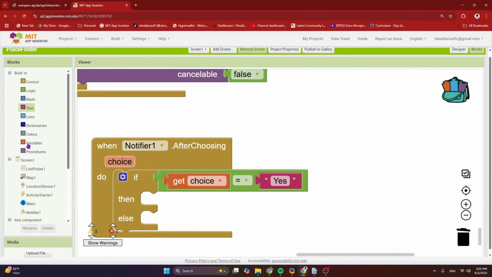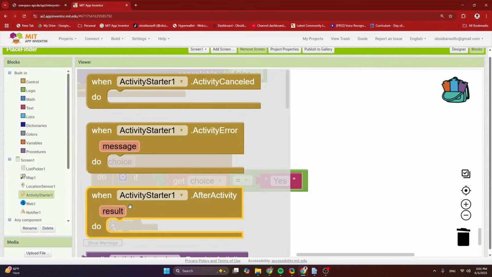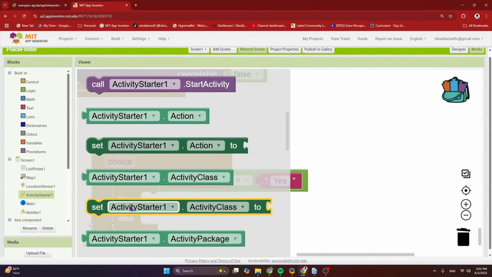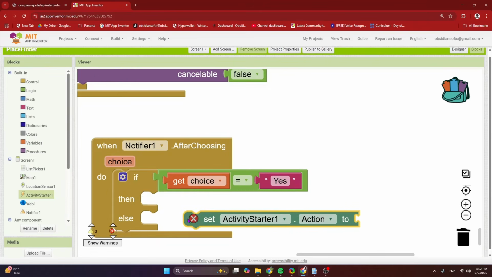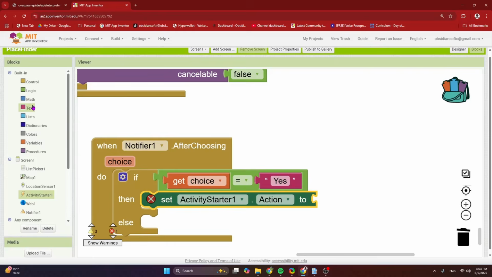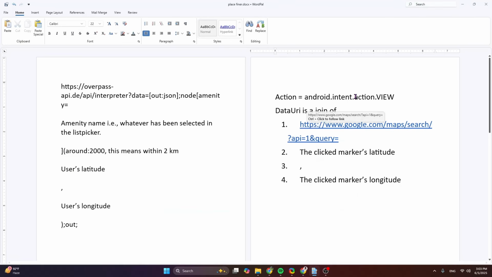I am going to call my activity starter and set its action to an empty text block that says, now I will also give this in the video description, the action is this one.